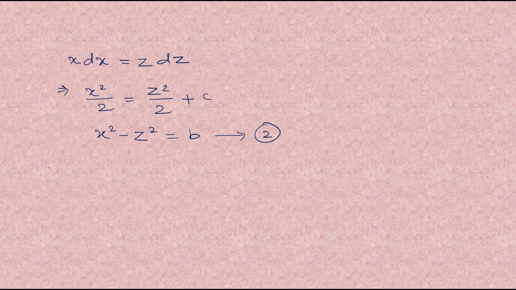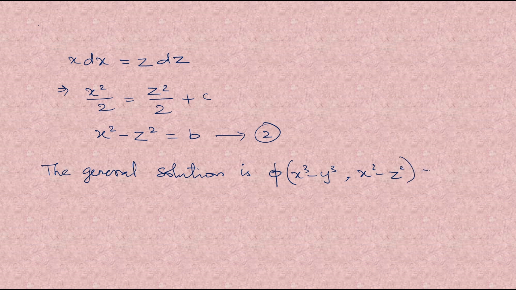Here equations 1 and 2 are independent, and hence we can conclude that the general solution is phi of a comma b. What is a comma b here? a is nothing but x cube minus y cube, and b is x square minus z square, which is equal to 0. So finally we conclude the solution as phi of x cube minus y cube comma x square minus z square is equal to 0, which is the general solution,